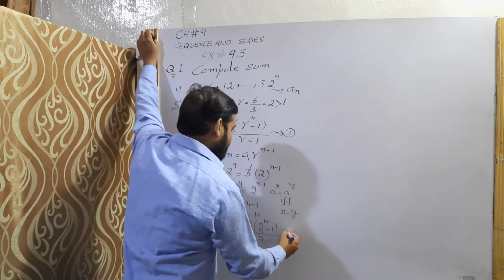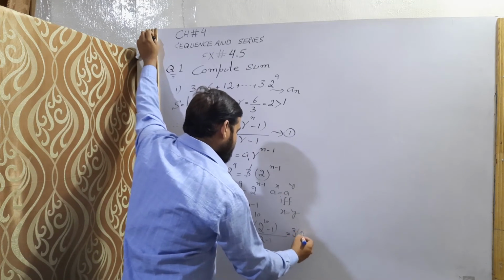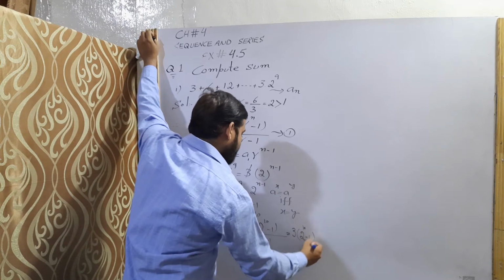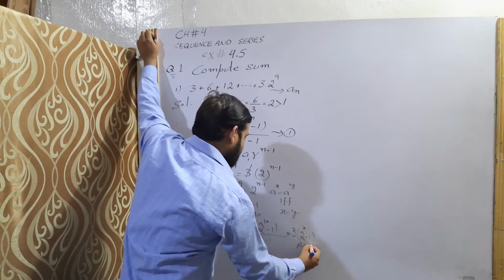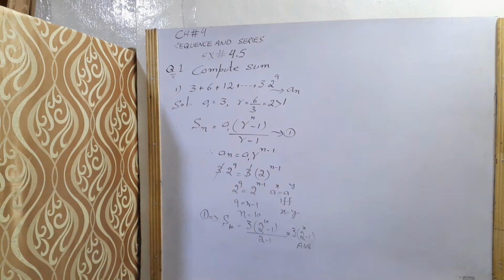So after simplification, this is equal to 3 into 2 raised to power 10 minus 1. This is the sum of the geometric series 3 plus 6 plus 12 plus up to 3 into 2 raised to power 9. Next part is